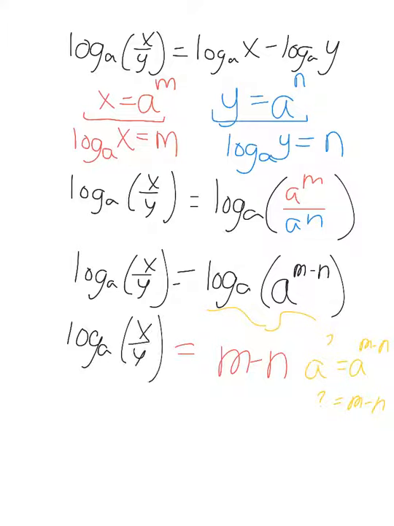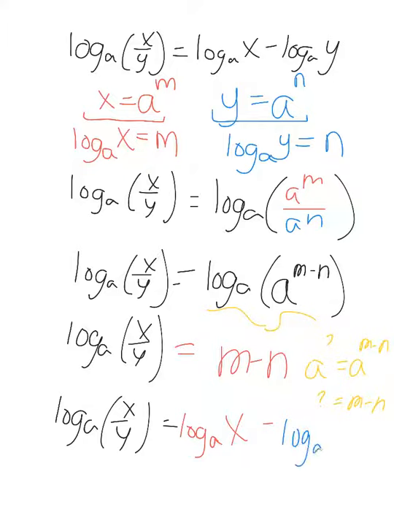Now all I'm going to do on the left side, again, we're not changing it because we want to prove something about that, so we're going to keep it there. I'm going to rewrite my m and my n from above, and I'm going to be selective. I want it to look like this, so I'm going to choose these definitions of m and n. So my first m, instead of writing m, I'm going to call it the log base a of x. And I need to subtract n, and instead of n, we're going to call that the log base a of